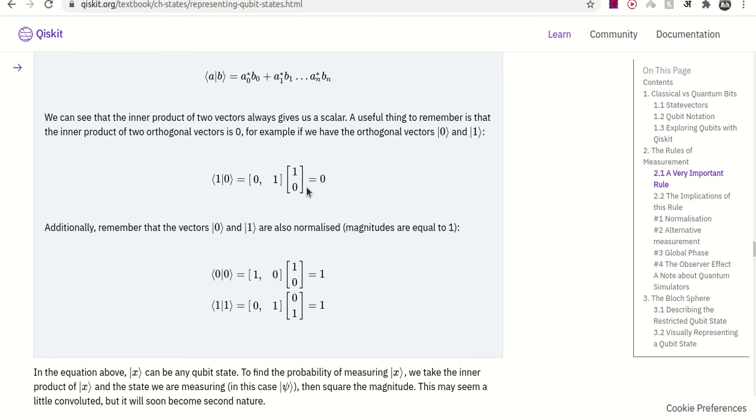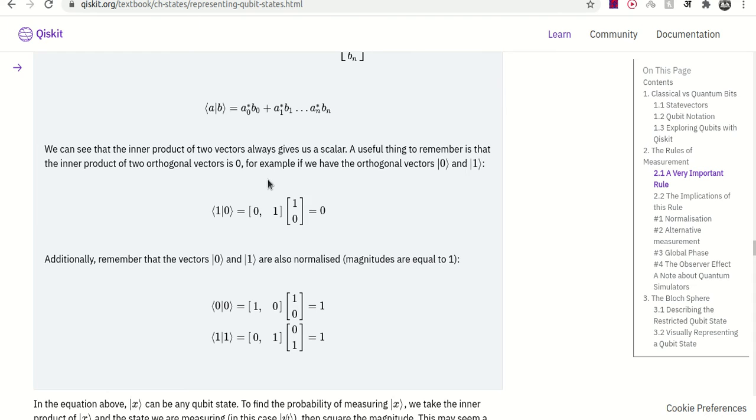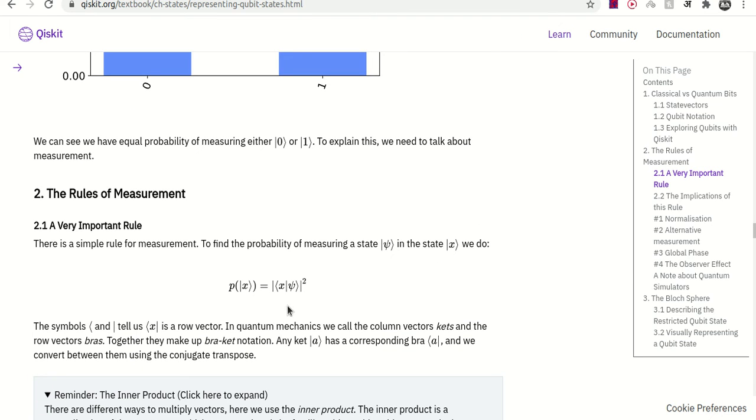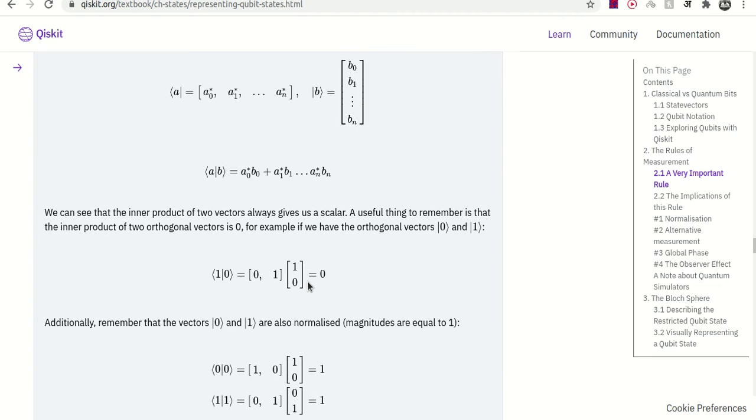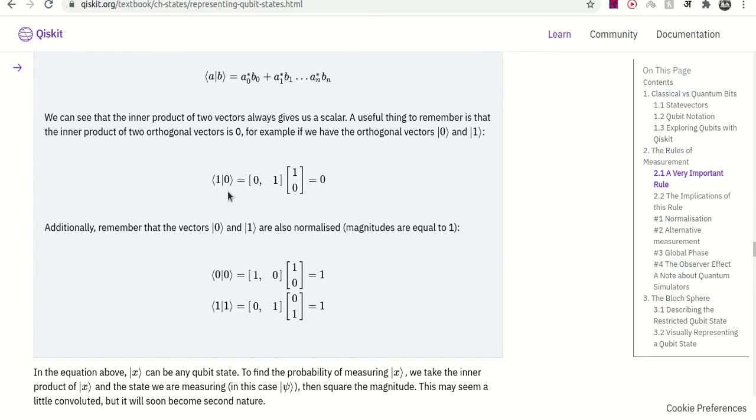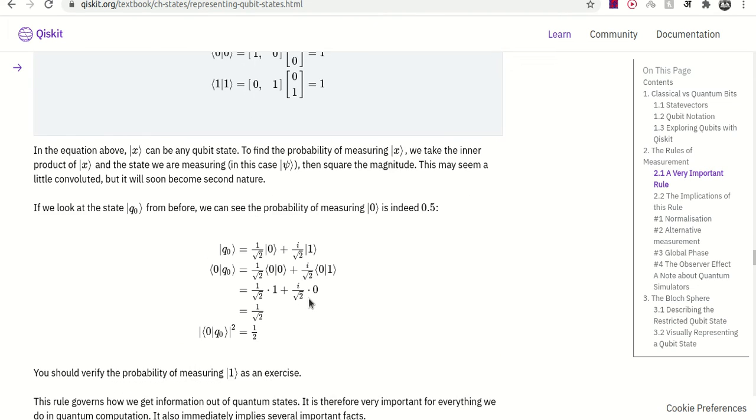You can see by multiplying these two states, 1 and 0, where 1 is defined by 0, 1 and 0 is defined by 1, 0, I already taught you that. The result for 0 with 1 is 0, and for 0 with 0 the result is 1, and for 1 with 1 also the result is 1. So what does that mean? This gives the amplitude, and the square is the probability. So if we are in the 1 state, the probability to find it in 0 is 0, and the same the other way around. But if we are in the 0 state, the probability to be found in 0 is 1, and if we are in the 1 state, the probability to be found in 1 is 1. So that is what the inner product gives us.